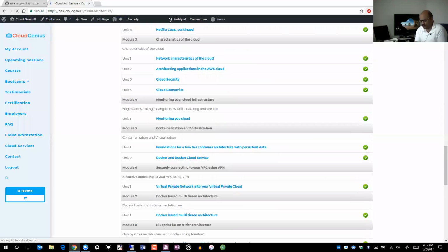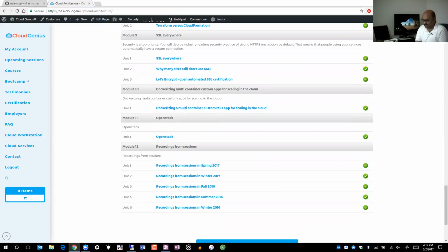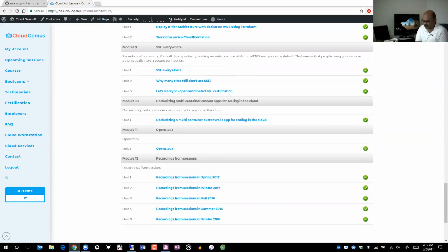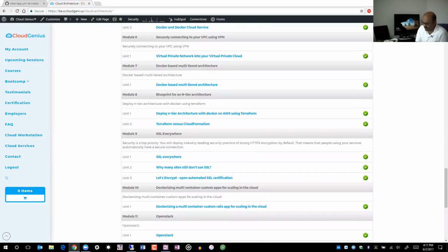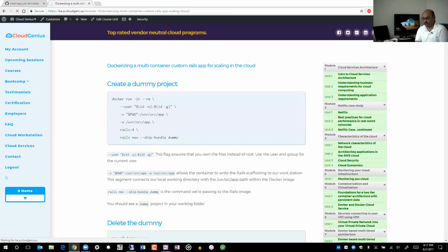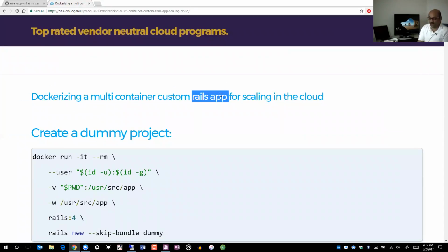I would suggest we'll see if you want to do that exercise yourself. But that exercise is somewhere available here. Let me find out where it is. Yeah, module number 10 is an exercise. If you happen to have some custom app and you choose the Rails framework to run that app, then these are the steps that you need to do to create your own custom image, which will run your app, not just plain and simple